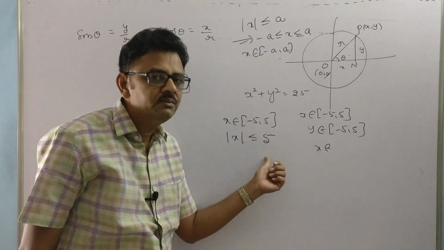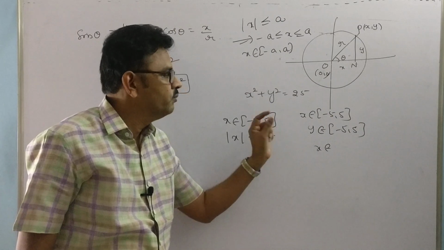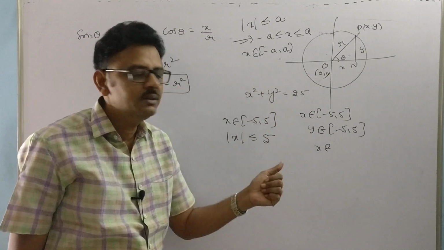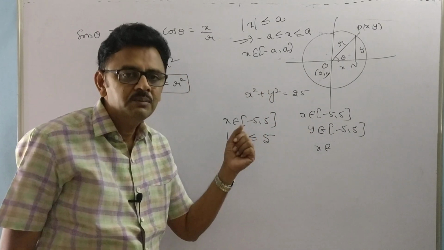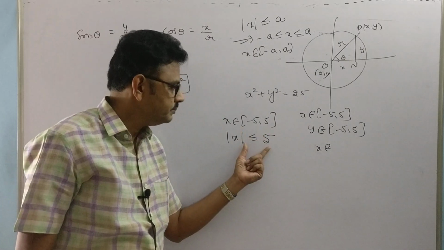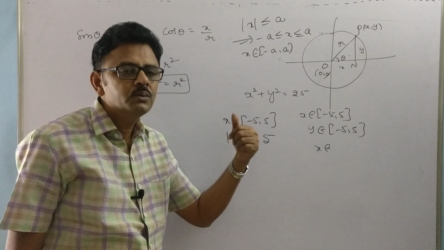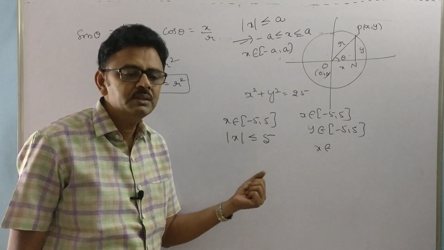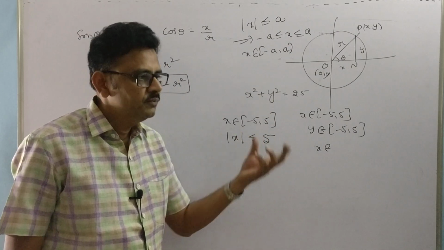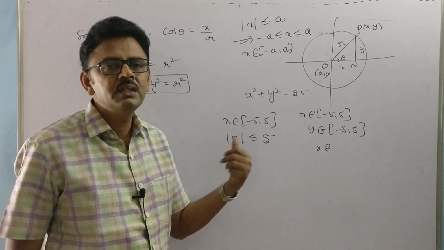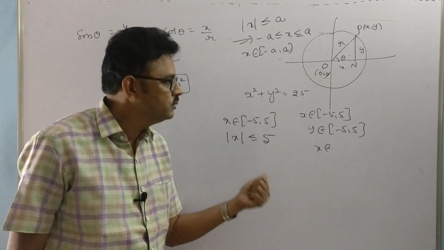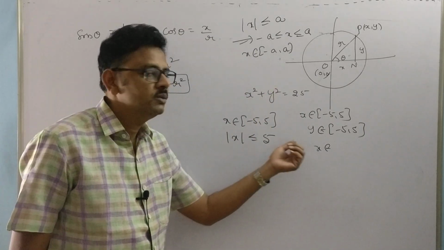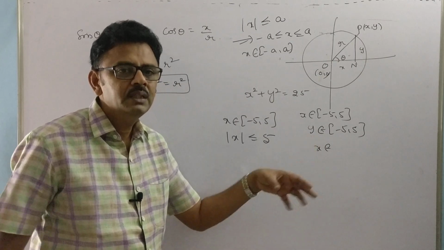So the benefit of the video classes is what? Just once you have to recollect. That means you can see the first video or second video or third video regarding mod x. So that is some advantage. So once you have to go to the previous videos. Algebraic identities, I told them many times, play a very, very important role in mathematics. If you are strong in that area, you are able to solve the majority of problems. See, once you go through the previous videos, the very beginning videos, 1, 2, 3 and so on, we have full clarity about mod x and open interval and closed interval, everything is there.